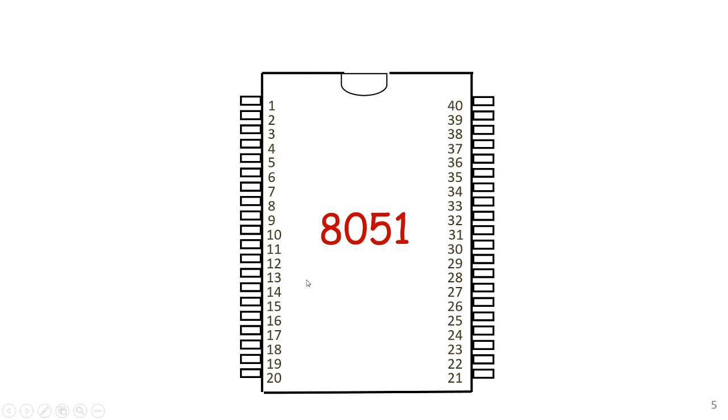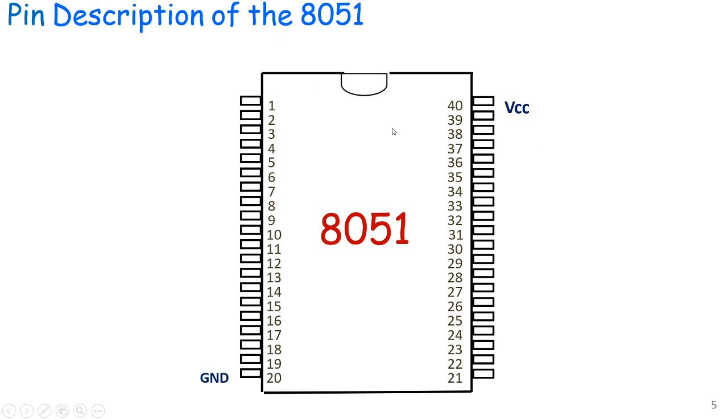Now let us discuss the 8051 pin diagram. The 8051 microcontroller is a 40 pin IC. This is a dual inline package IC, pins 1 to 20 on one side, 21 to 40 on the other side. This IC needs a 5 volt power supply; ground is connected to pin 20 and VCC is pin 40. This IC consists of 4 ports. The first port, port 1, is an 8-bit port, pin number 1 to pin number 8, P1.0 to P1.7.